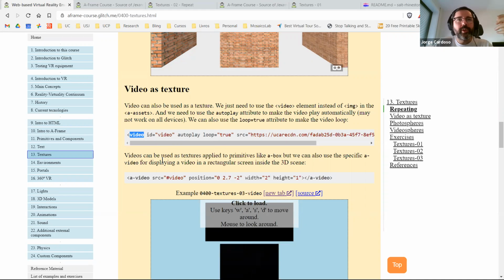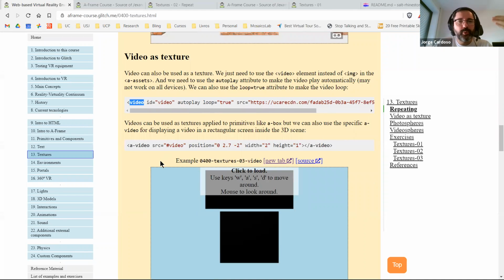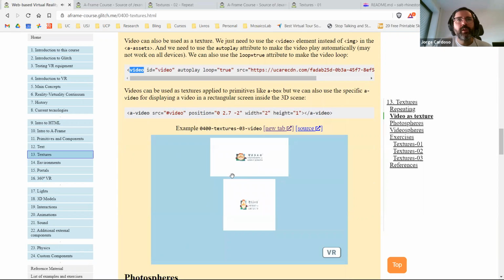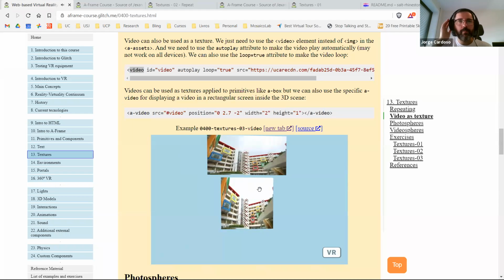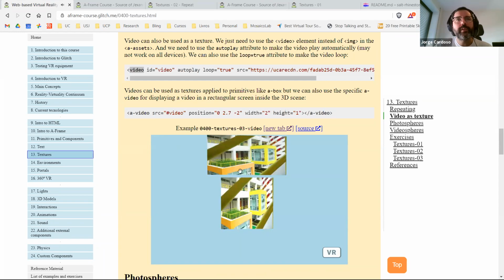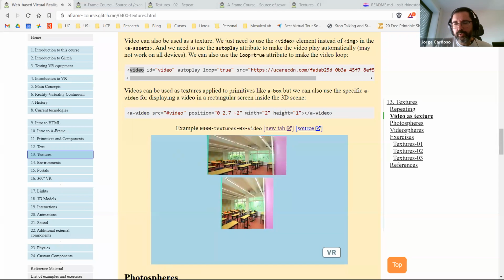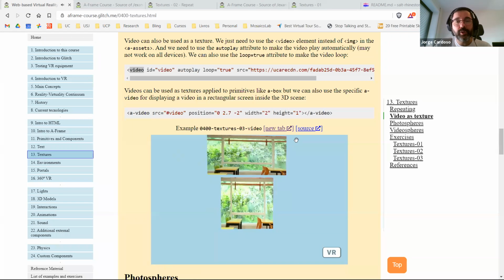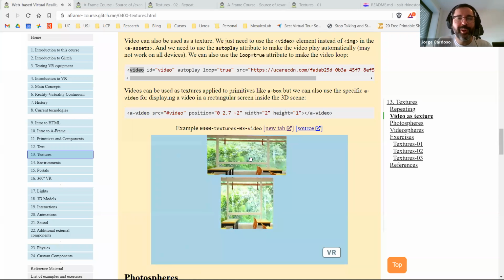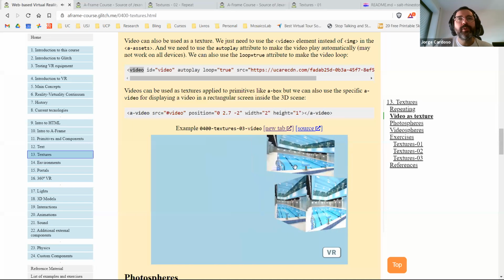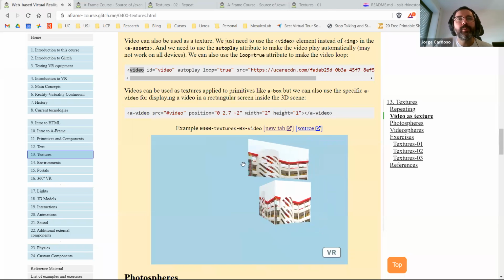And afterwards, we may want to display the video on a floating panel, like in this example here. And in this case, let me just lower my audio because I'm not streaming the audio to you, but this video has audio. When we want to apply the video, in this case, like in this floating panel,